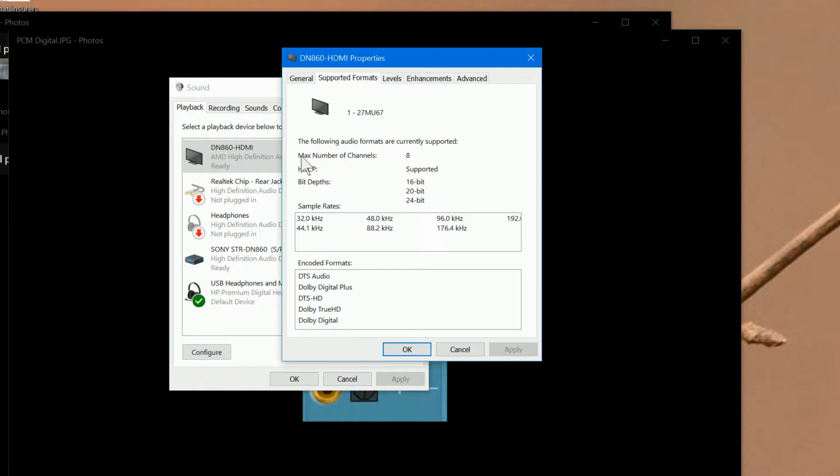One of the things of interest in here is the number of channels. It says 8. This is on the HDMI. HDMI 2.0 supports 8 digital channels. The new version, HDMI 2.0B, is going to support 32 channels. So you have lots more in terms of channels, but I don't think that's been implemented as yet by Microsoft